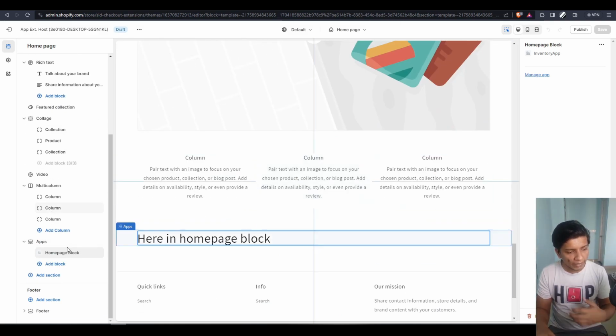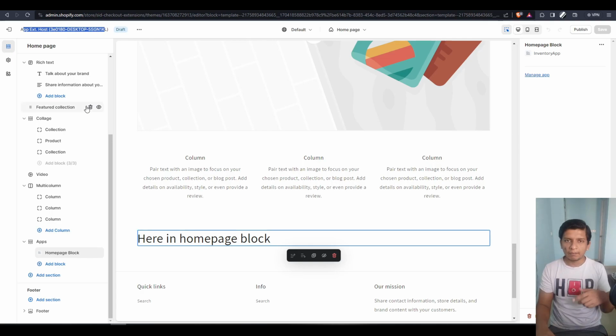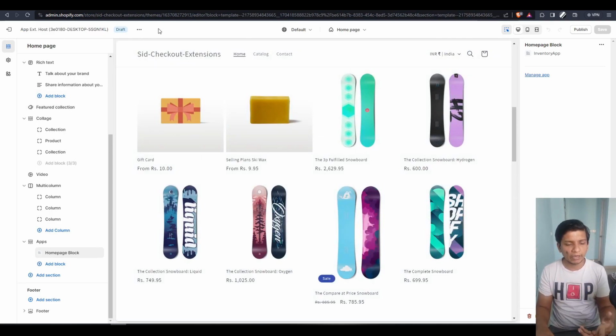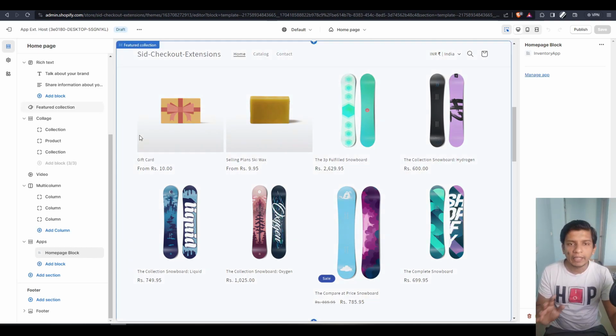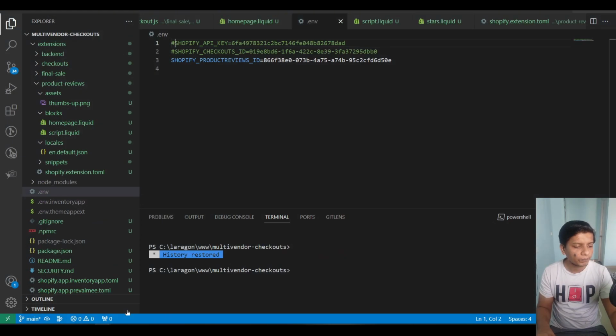For my example, I am using an app preview, so you can see app ext host right here. In some time, I have to deploy the theme app extension for doing some kind of live testing, but I will take you through the code, and I am halfway through the code right now, so let me catch you up to it. So in the theme app extension folder, I have created this product reviews theme app extension,